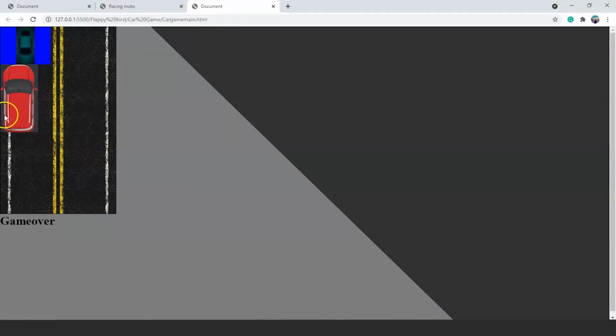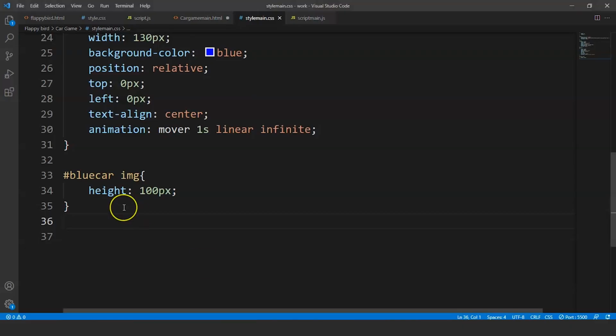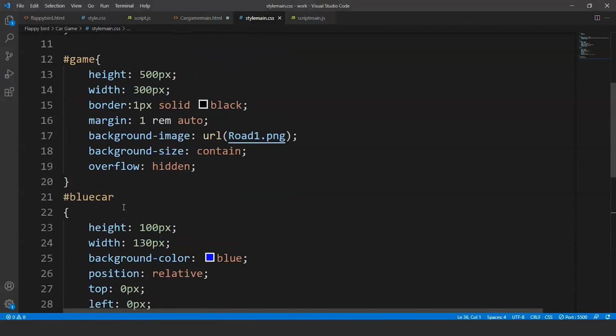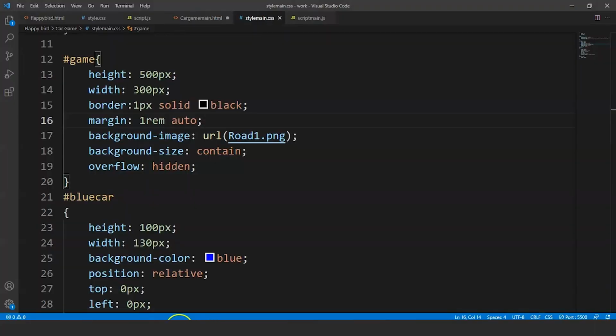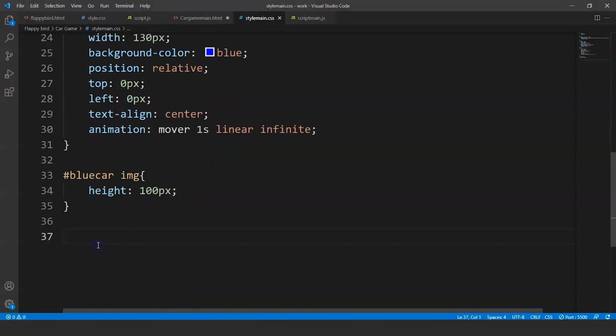So what we'll do is we'll move this box to the middle of the screen. So we have already done it, I guess, but there is some mistake. So here you can see we have given space between one rem. Save it now. And here you can see we have a box present at the center of a screen. Now we are good to go. Next up we'll define the animation.